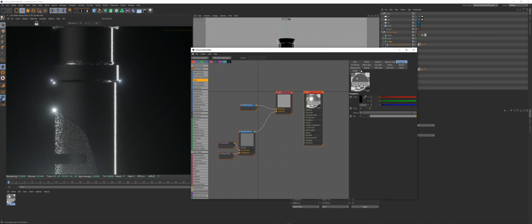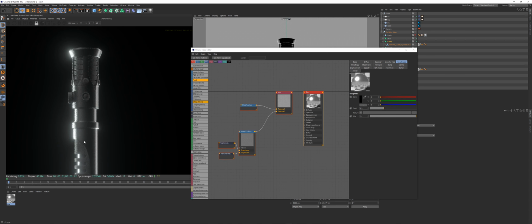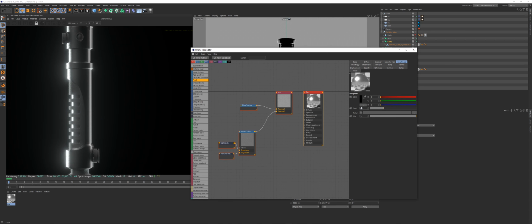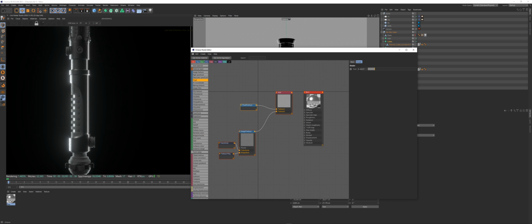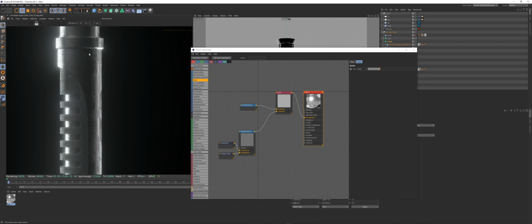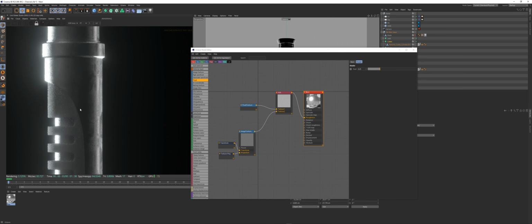Because I had this, say, at about 0.3 before. I think that's probably accurate, maybe even 0.25. Yeah. So if we do 0.25 here, and then plug this in to the roughness, we now get 0.25 on the roughness with the surface imperfection on